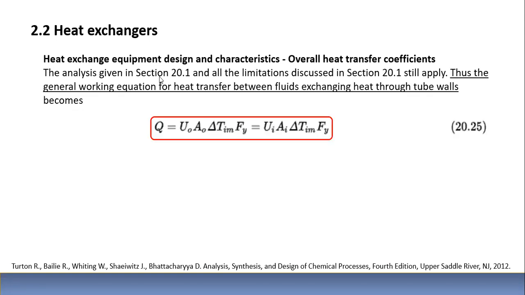Acá. The analysis given in section 20.1 and all the limitations discussed in section 20.1 still apply. Thus, the general working equation for heat transfer between fluids exchanging heat to tube walls becomes, entonces vemos U0, A0, delta T, Lm, F, este es el factor de corrección, is equal to UI, AI, delta T, Lm, F, el factor de corrección. Entonces, cómo se iguala el intercambio de calor, la carga de calor,